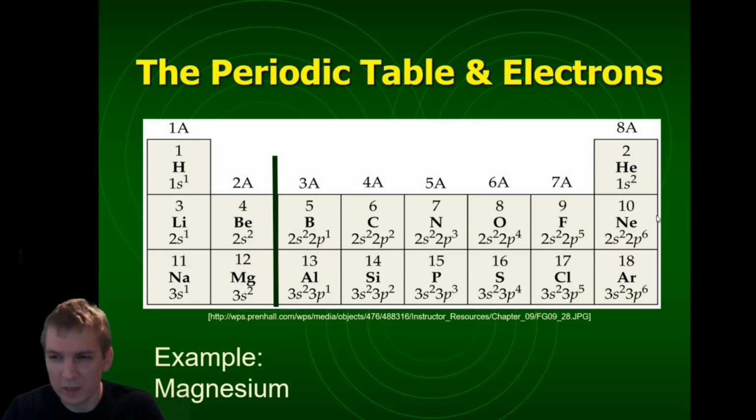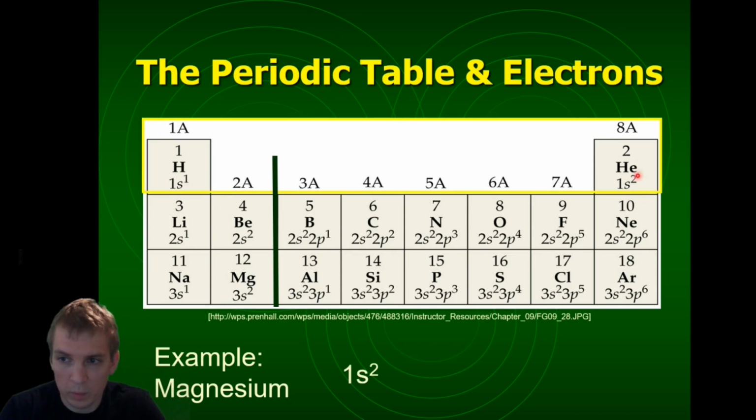This is kind of related to that. So what you can actually do in this scenario is just write down the endings of all of the elements on the far right side, and then when you get to the row that has your element, you can just write that one down. So in this case, we're going to write 1s2, so we're going to write that one,